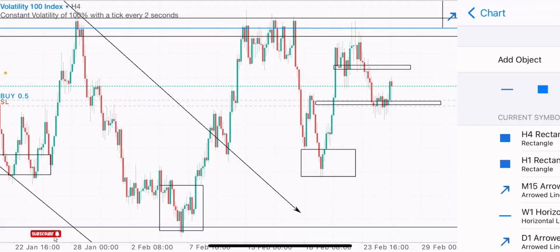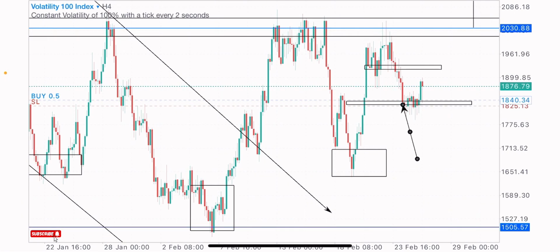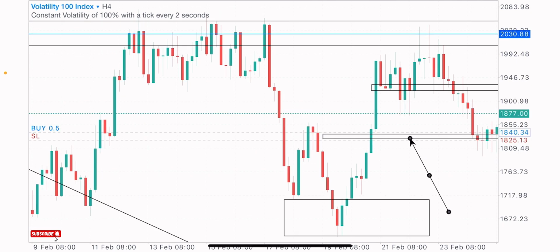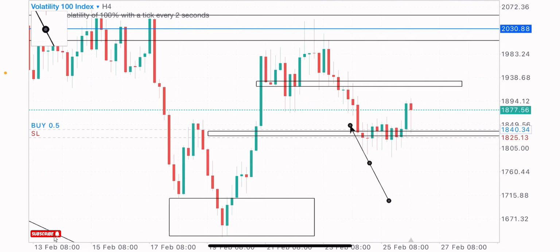Build up at this point on the 4-hour time frame. We got this consolidation here. We got multiple 4-hour time frame candles. Let's not forget this is the 4-hour time frame chart, so each and every candle here takes 4 hours to form. So we got this consolidation here, and whenever there's a consolidation, there's always a breakout, either to the upside or